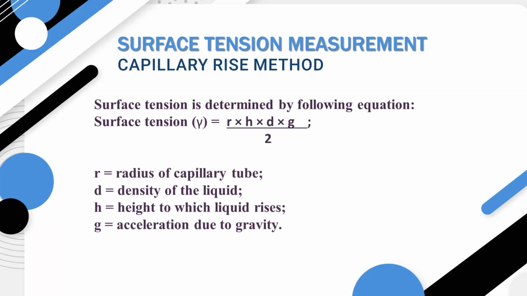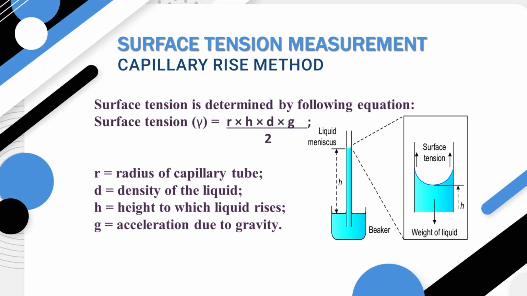How do you measure the tension? As I told you, there is a tension upward. The top layer of the liquid is stretched. To measure it, you can easily use the capillary rise method. You put a capillary in the liquid as shown in this figure. Because of the upward pressure, the liquid will rise in the capillary. How much is the height it has risen, and what is the radius of the capillary,